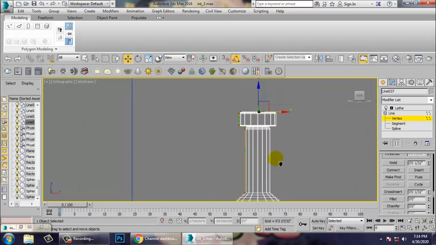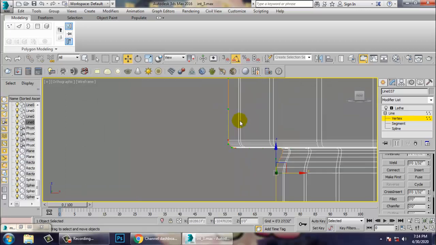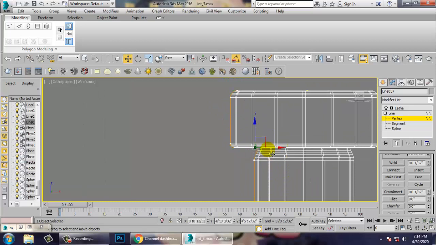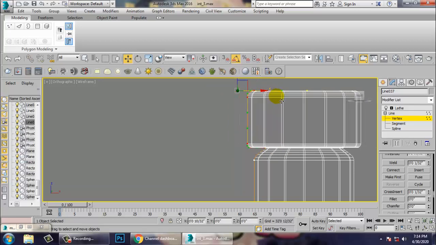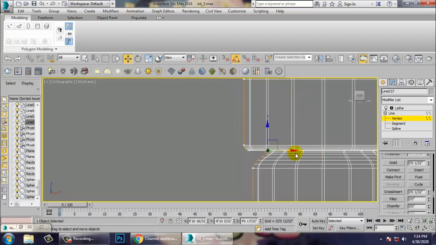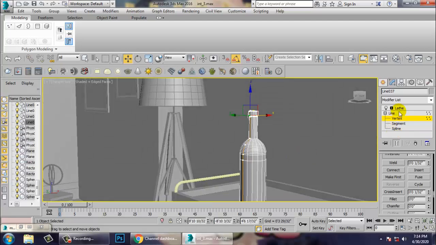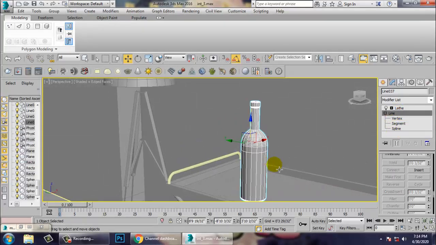If you want, you can make it more thinner. So you can just select and we can make it more thinner and just push this. Better, looks much better. Now just save your file over here.